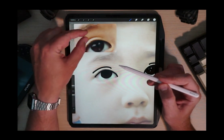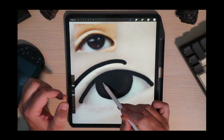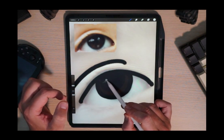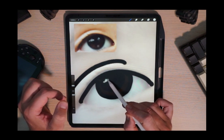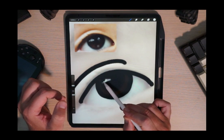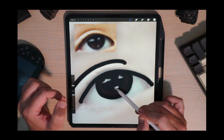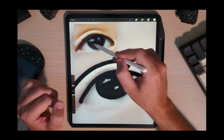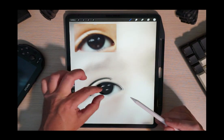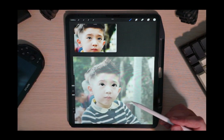Go to the other eye. You can see that this has got far more in it, so I can go and zoom in. Let's make that shape, and keep the grayness of the colour on the outside. Get rid of that. That's not going to work on that corner. So keep that like that. And as we zoom out, we should have the eyes